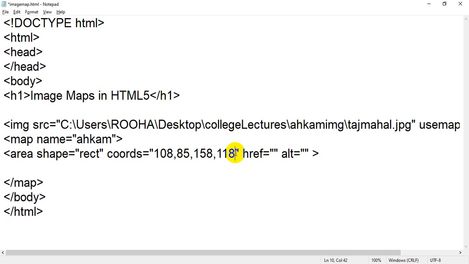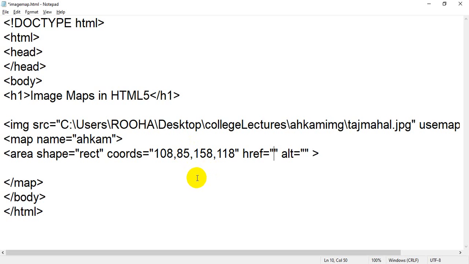Now we have to fill a value for the href attribute. So what is meant by href? By using coordinates we are going to decide a position.